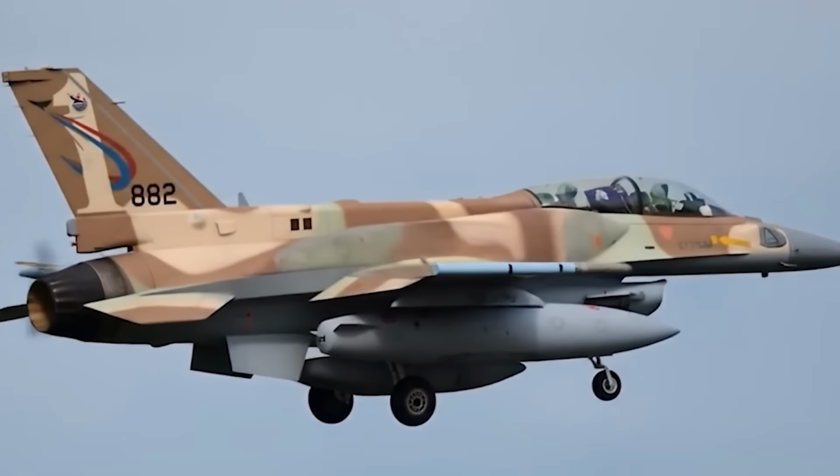This case shows how precision strikes blend technology and tactics to hit underground and urban sites, an evolution in air